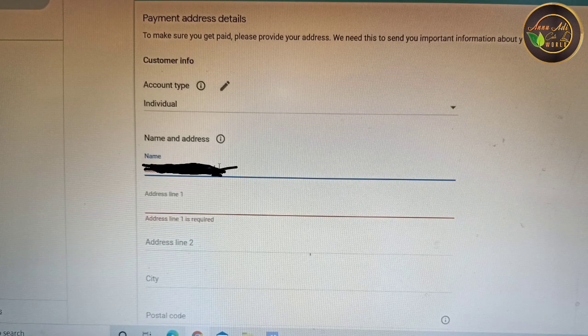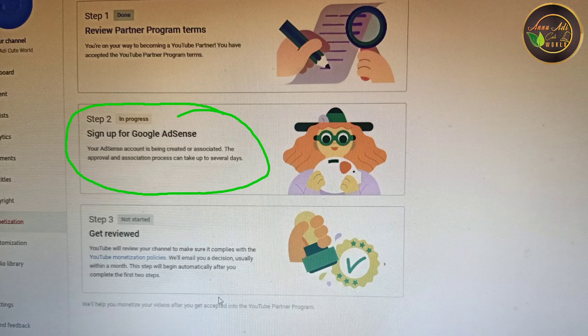This is the most important step of this process. Here, we have to carefully provide all our details in an accurate way. We have to provide our name and address exactly as in our ID card. Even a minor spelling mistake will become a big problem in this process. So, be extra careful while doing this step. By providing our details, we successfully completed the second step.